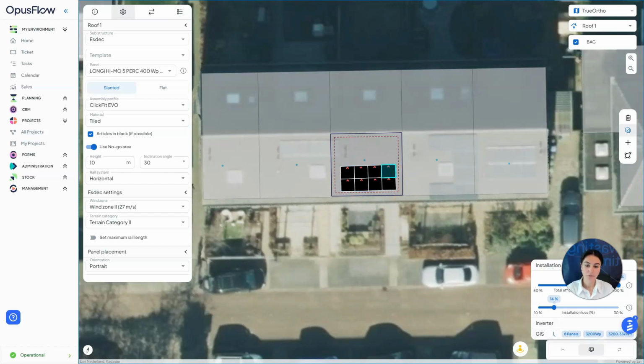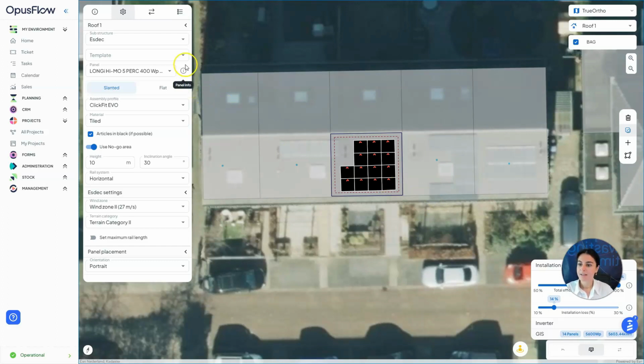And you're also able to add more solar panels just by clicking on one of the solar panels and then pressing the arrow keys on your keyboard, and the software will add solar panels for you. I just want to change the alignment a bit better. And as you can see, there are little red arrows which show the top of the solar panels for you, so you know where the top of the solar panels is. This was how to add solar panels to the roof.